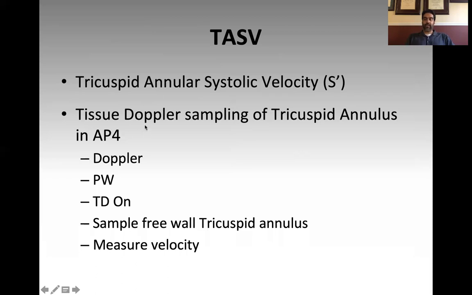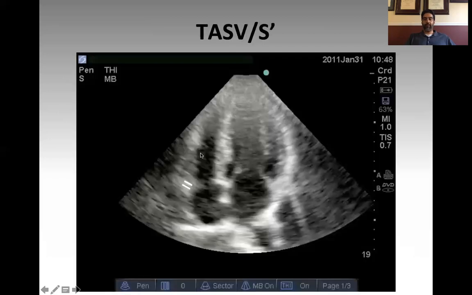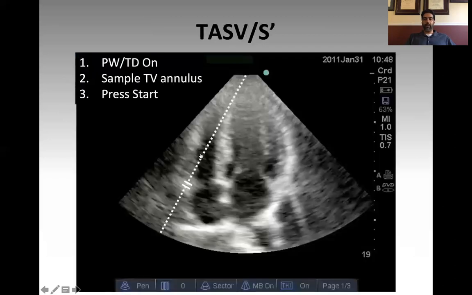So tissue Doppler is actually optimized in the size of the gate and other settings in order to visualize solid tissue or soft tissue instead of visualizing movement of blood, red blood cells. So what we're doing is we're using tissue Doppler to look at the velocity of annular movement. Okay, so what we do is we get into our apical 4-chamber view and we turn on